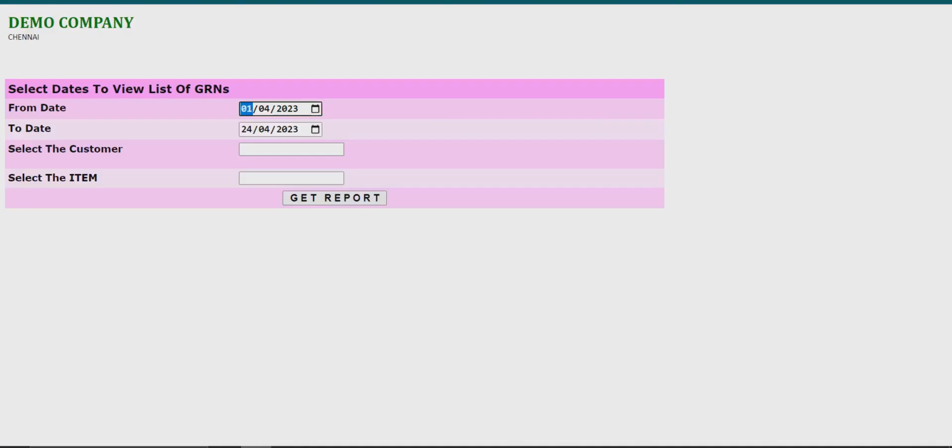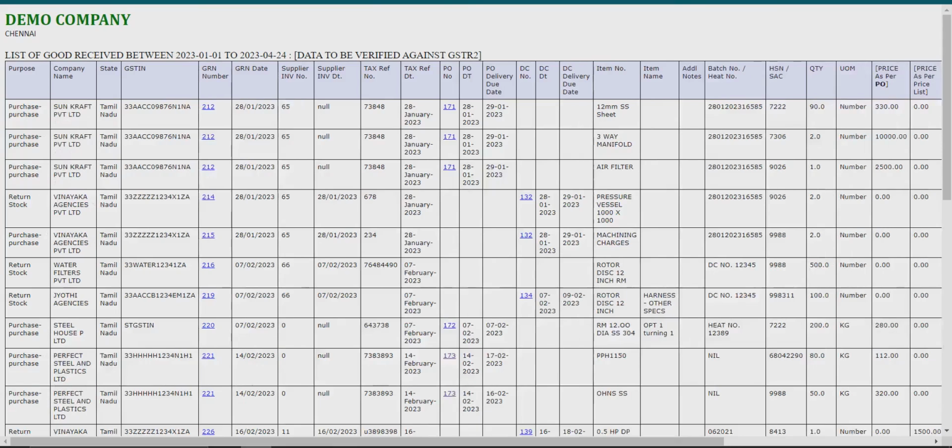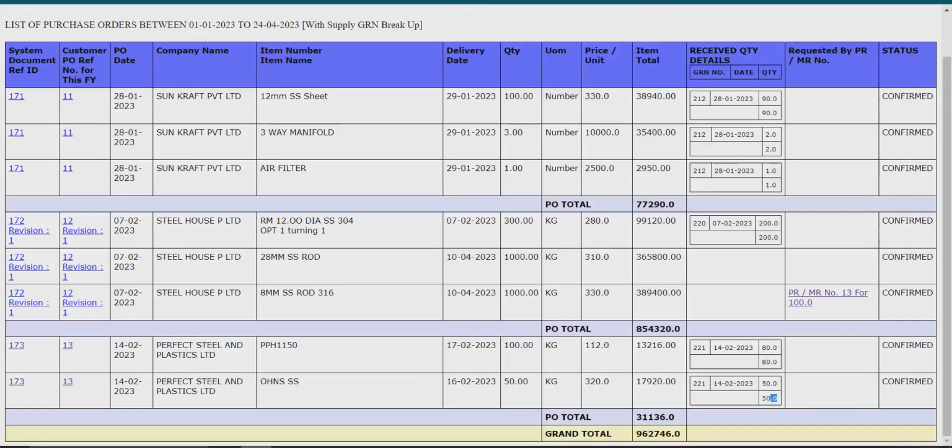Select the date range. Here you can see, against the GRN number 221, we can see cross-reference of purchase order number